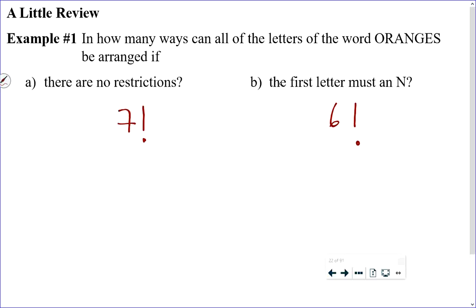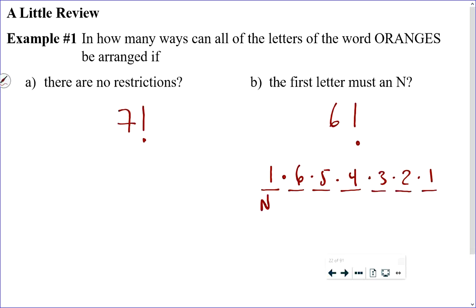If you don't think that way, then what you're going to have to do is use the fundamental counting principle. 1, 2, 3, 4, 5, 6, 7. This must be an N, so you go 1. I mean, even if you do take this approach, I think at some point, maybe right here, you say it's going to be 6 factorial. But for completeness' sake,